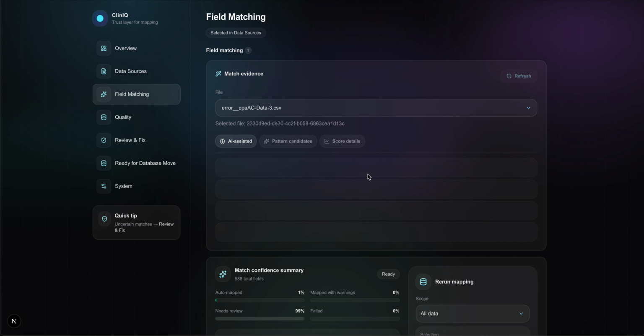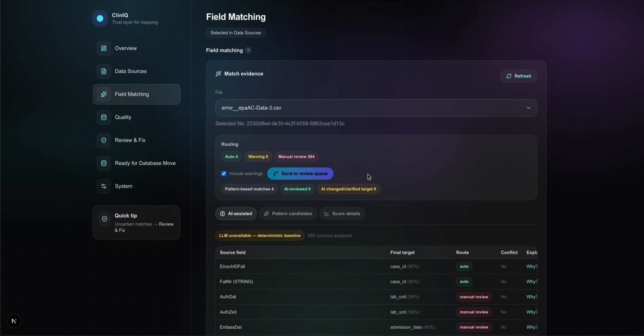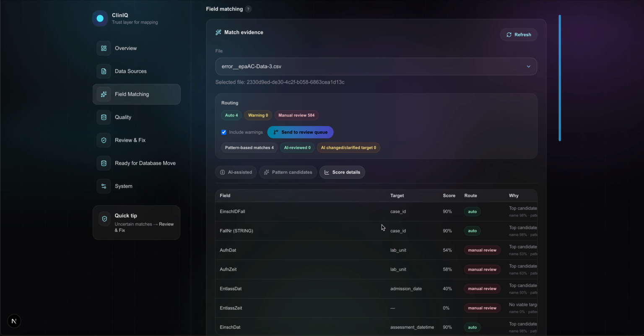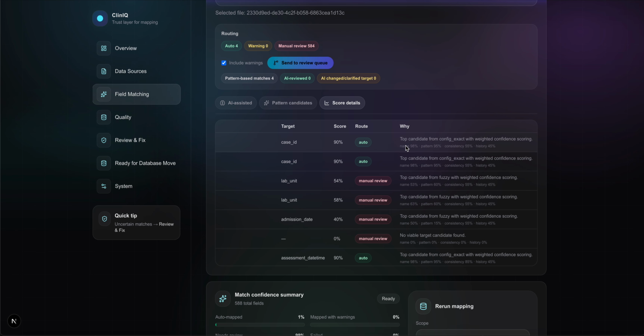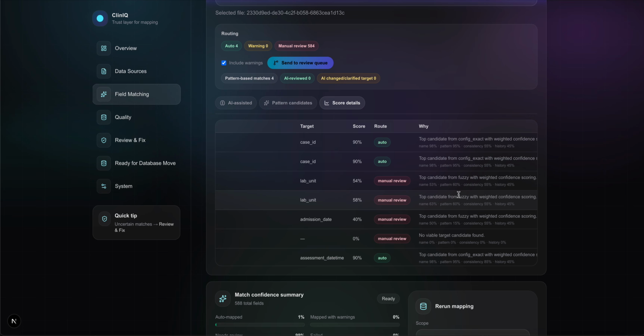So the whole process that is happening in the background is basically, first we are using a manual scoring system based on the character of the data, and the second is we are using an AI system as well. To show you the pattern of the manual scoring system, this is what we are using. So we are using the names, we are using the common patterns, we are using the consistency in the data, and we are also using the historical record. But this is a manual system, and on top of this we are also using an LLM, just in case the manual system didn't come up with a good result, then we use the LLM to decide